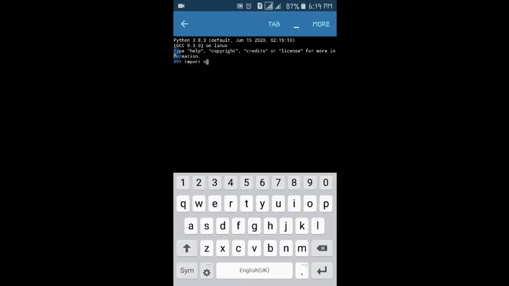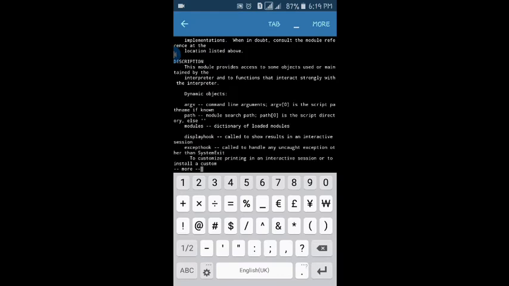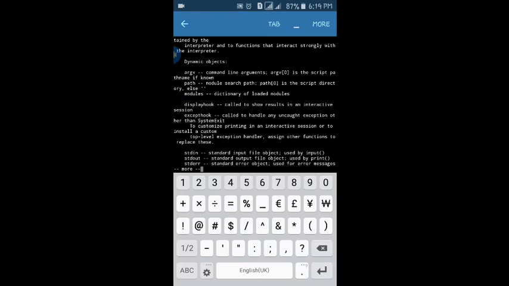For that, import sys. To get help of any module, first we have to import it and then type help of the module name. You can see, these are the three files that we handle. These are the input and output files that we handle in the sys module using file handling only.